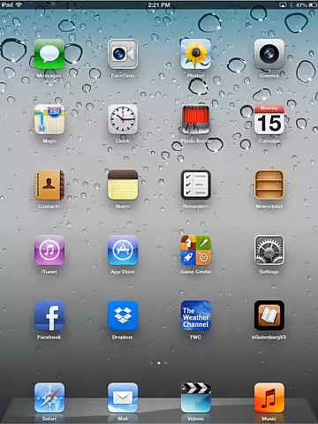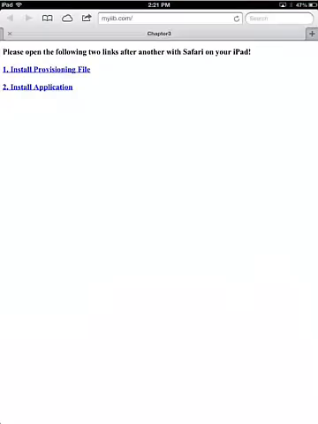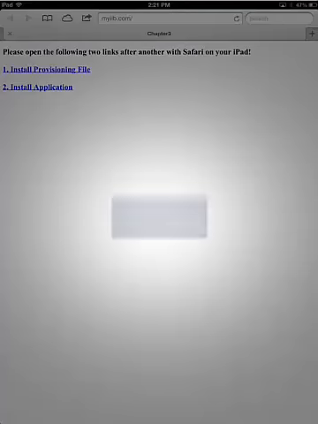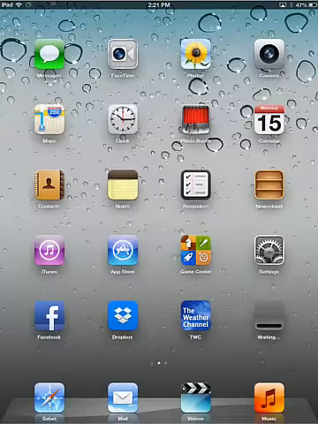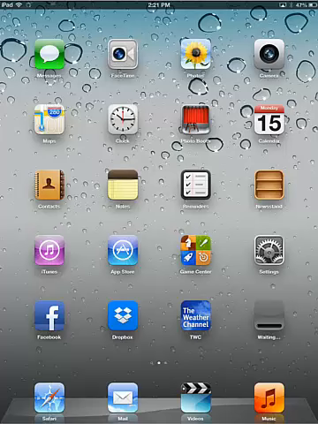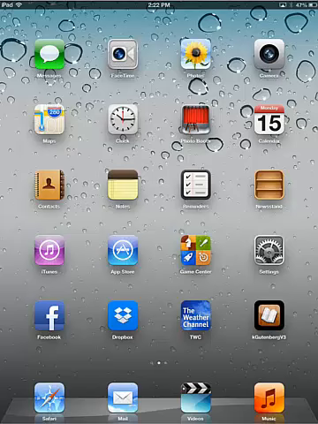And then, once I'm done with that, I'll return to Safari again and install the application itself. And then I will see it downloading on my iPad's desktop. It's important to note that currently our IIB works for iPad only, but we are working on having an Android version as well. Once the download is complete, I can go ahead and open it,